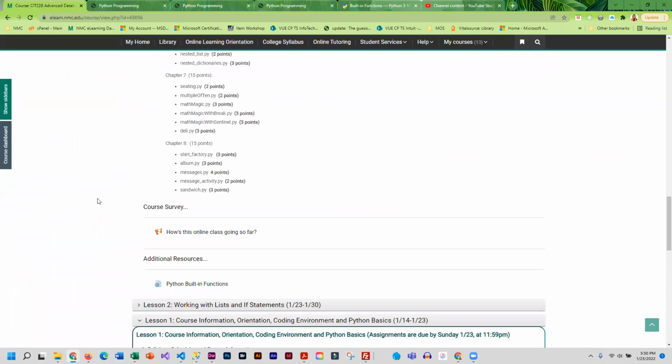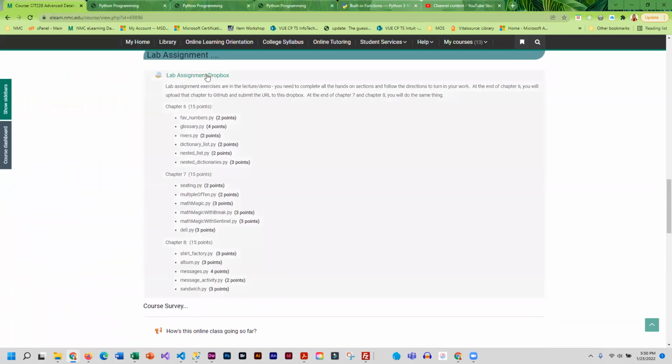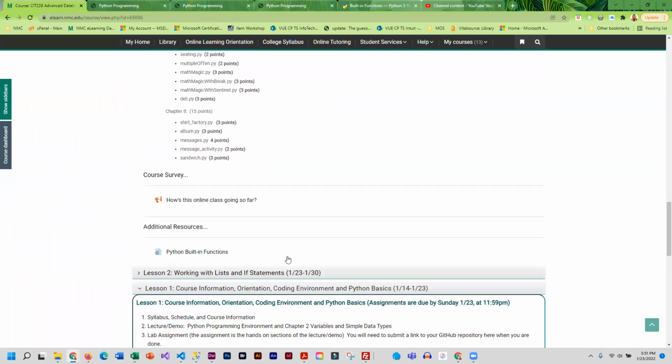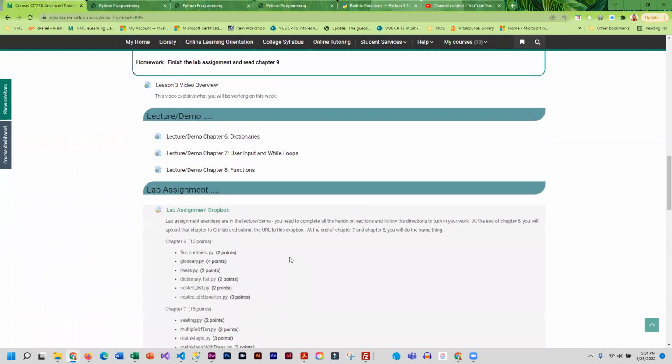And when you're done, the lab assignment Dropbox summarizes all of the exercises you should have completed. And each of those chapters should be up on GitHub. And so if you submit a link to your GitHub repository, I should be able to find everything and get it corrected. If you run into problems this week or if you have